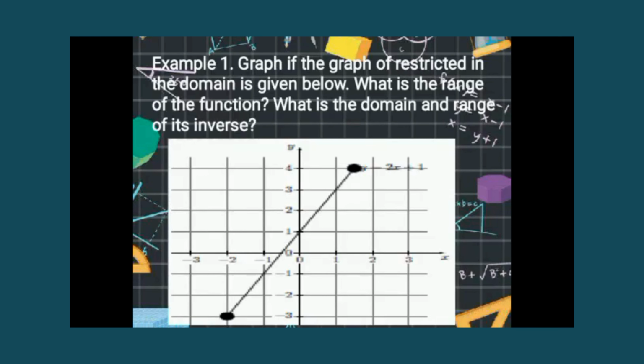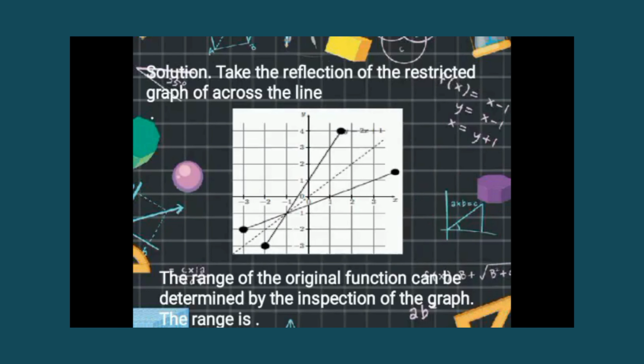Example 1. If the graph of the function restricted in the domain is given below, what is the range of the function? What is the domain and range of its inverse? Solution. Take the reflection of the restricted graph across the line y equals x. The range of the original function can be determined by the inspection of the graph. The range is